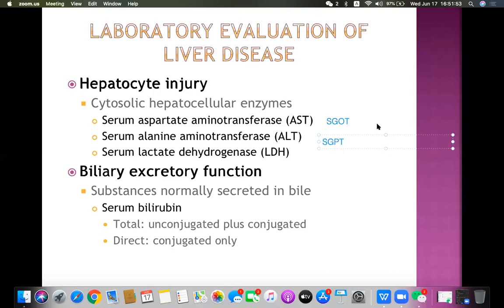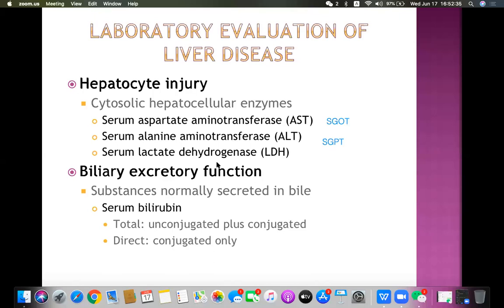Now the full form of this is probably a little bit difficult for you, but still let me tell you that S is serum glutamate oxaloacetate transferase. Serum glutamate oxaloacetate transferase is SGOT, and serum glutamate pyruvate transferase is SGPT. So P stands for pyruvate, O stands for oxaloacetate, also known as AST and ALT. Both of these terms are important for you because sometimes in the exam they can simply ask SGOT, and if you don't know, you are in trouble.